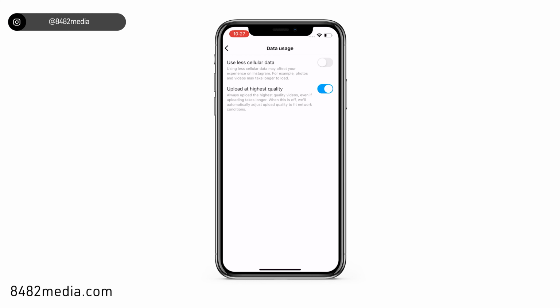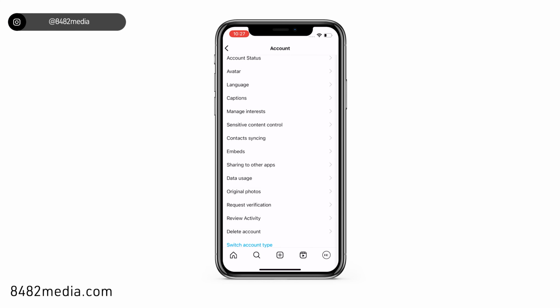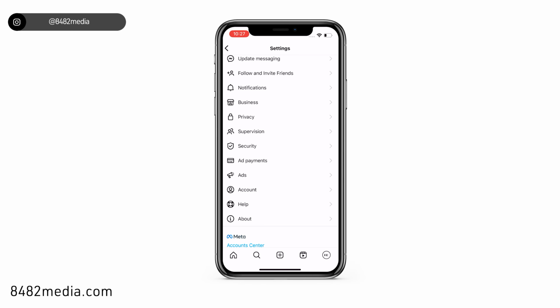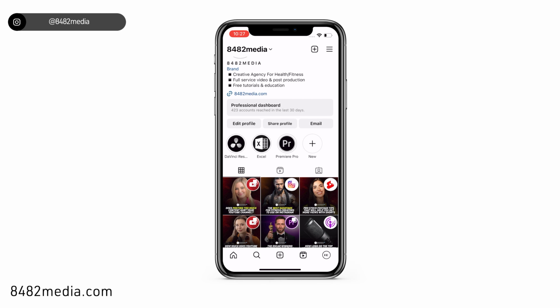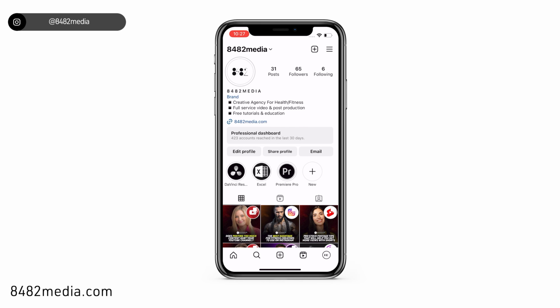going to be a really important setting if you plan to upload video content. Now we can just navigate back, and that setting has been changed. Whenever we upload to Instagram now, it is going to look better and upload at a higher quality with less